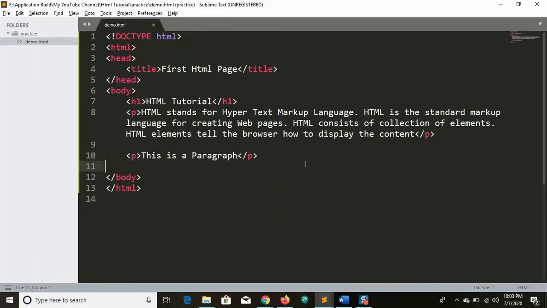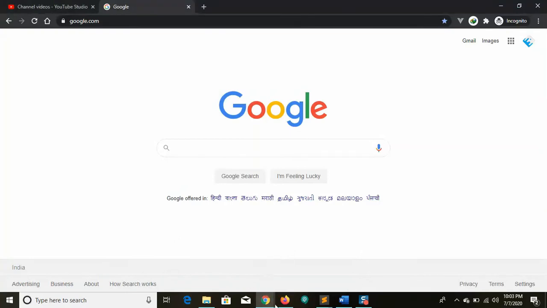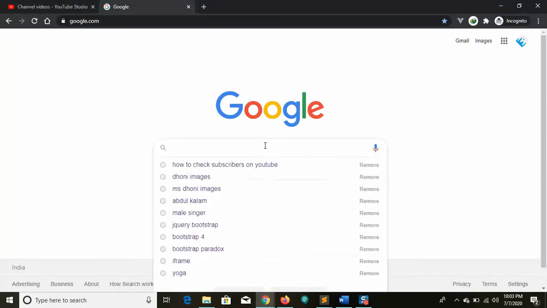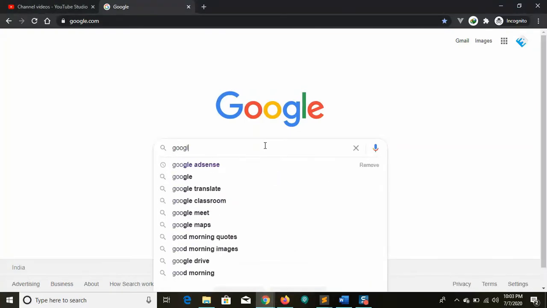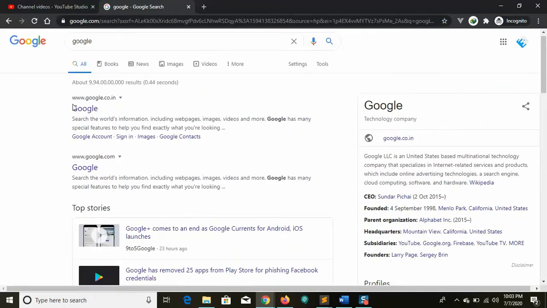So now let's see how to create an anchor tag. An anchor tag is nothing but a link. For example, if I go to a Google page, let me type Google. In our daily life, we see a number of links, right? Here, this is a link. These are all links.